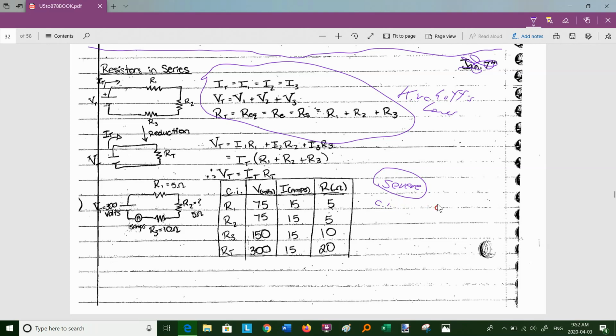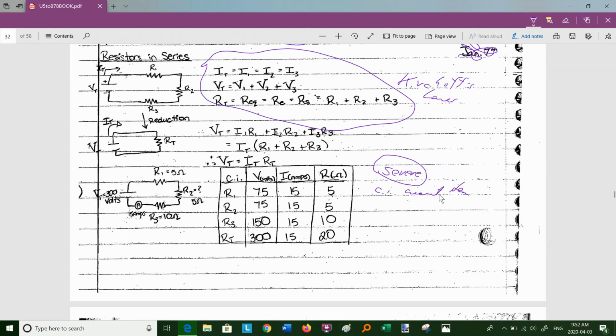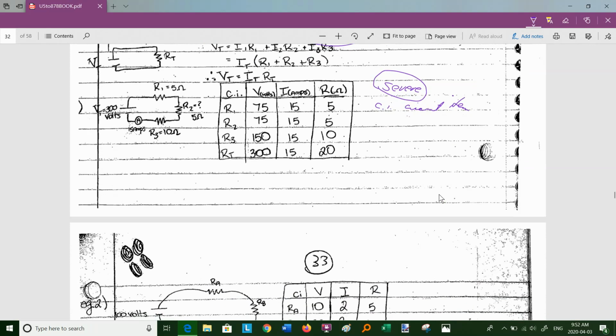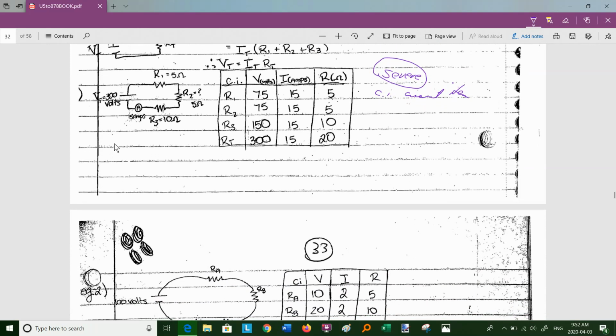Some people call this whole process the circuit analysis game. They say, oh, if we call it a game, then the kids will find it more fun. Well, I don't know about that, but that's what some of the books do. So I got the circuit items, R1, R2, R3, and then R total. My total voltage is 300. I'm given that. Okay, so I'm given the 300, and I'm given, because I see it in the circuit diagram, the amps, 15, which means it's 15 amps for each